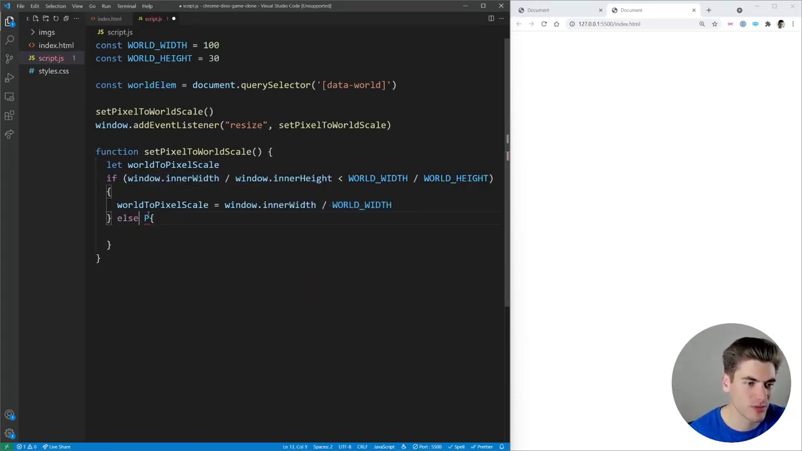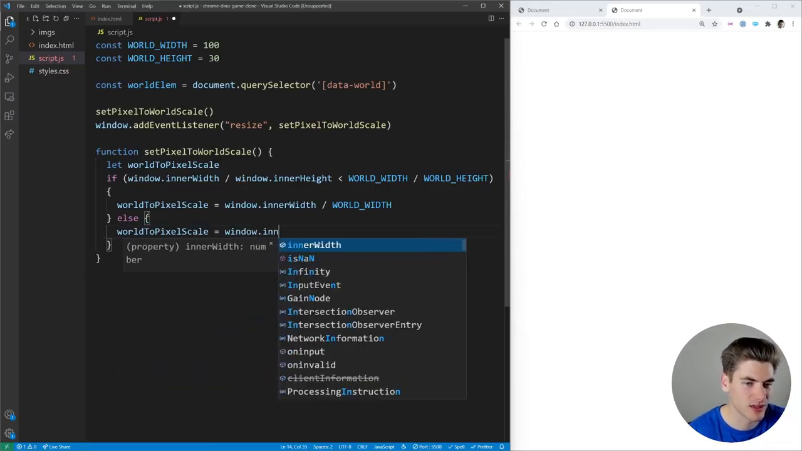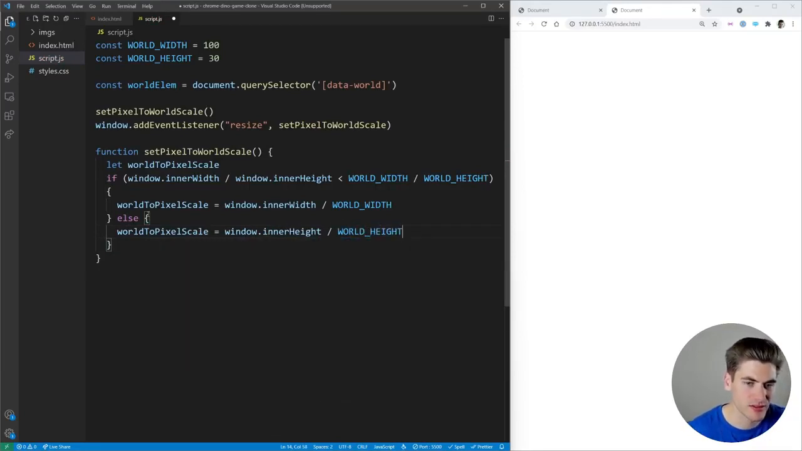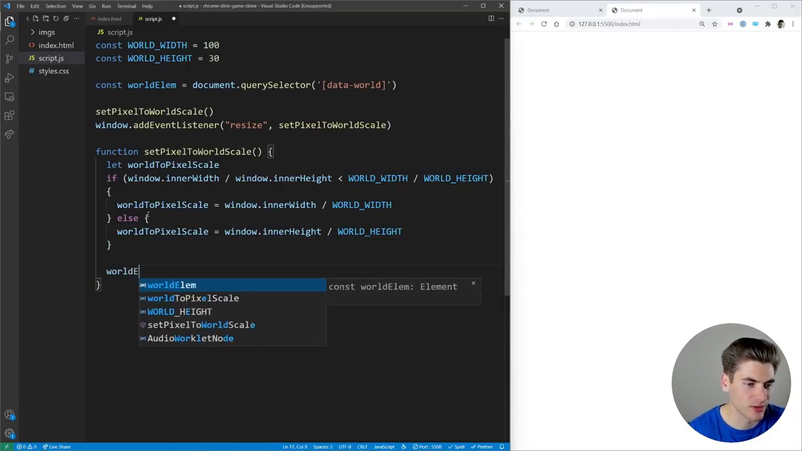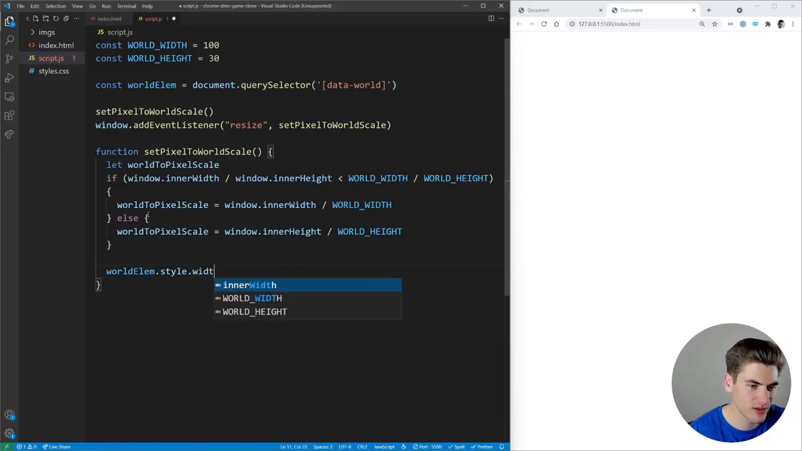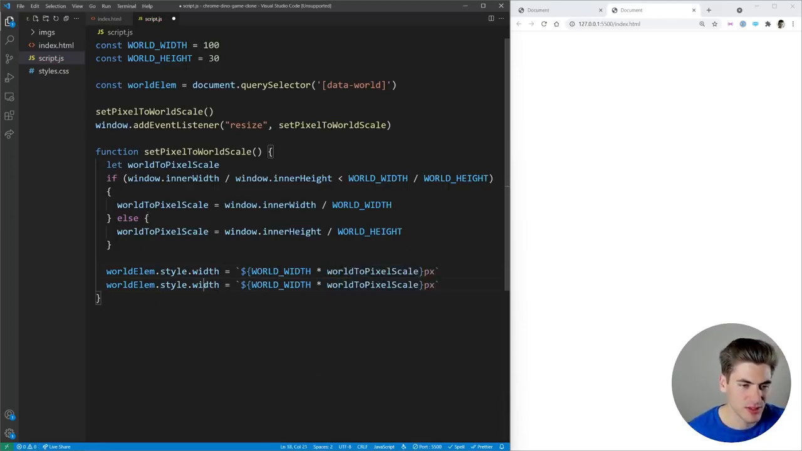Otherwise, we're going to make our scale based on the height. So in here, worldToPixelScale is going to be window.innerHeight divided by WORLD_HEIGHT, just like that. And then finally, we can take our world element, take the style, and take the width property, style.width. We set that equal to our world width multiplied by that scale, and it's going to be a pixel value. We do the exact same thing with our height. Now if we save this and make sure I spell height correctly,